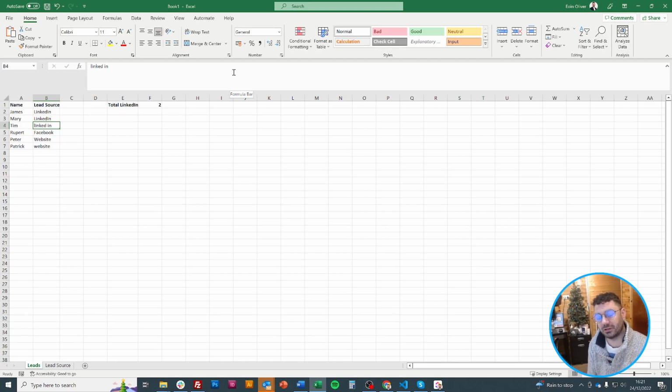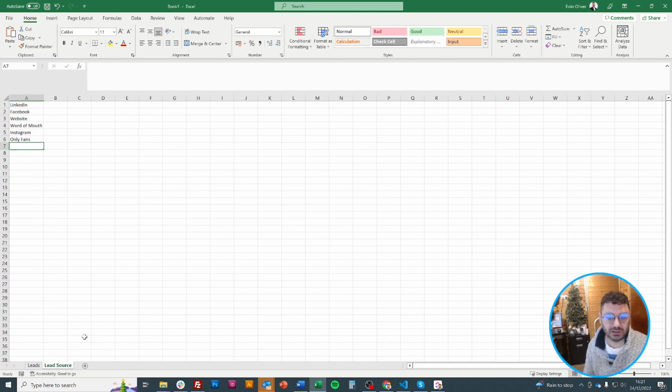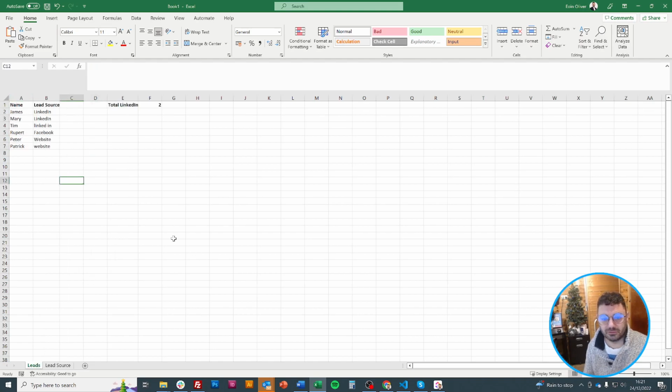A better way to do that would be to use drop downs, so they can only choose from certain parameters you've picked. And you can see here this is website upper and website lower, so again that won't work. So what you do is you create, I usually create another spreadsheet for this, or another sheet, and I just put them all in there, and then I go back to my leads, and if I select all of these,